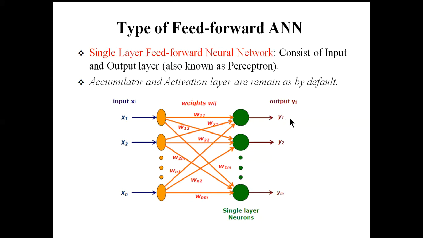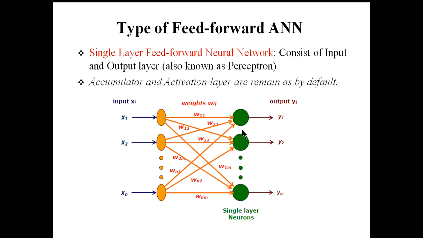So it is not possible that for all problems the output node is only one. For a particular problem, different outputs are possible. Okay, one or two. So in that scenario there will be multiple output nodes. So this one is the input nodes, this one is the output nodes. So in case of a feed forward artificial neural network, all the input nodes are connected with each of the output nodes.